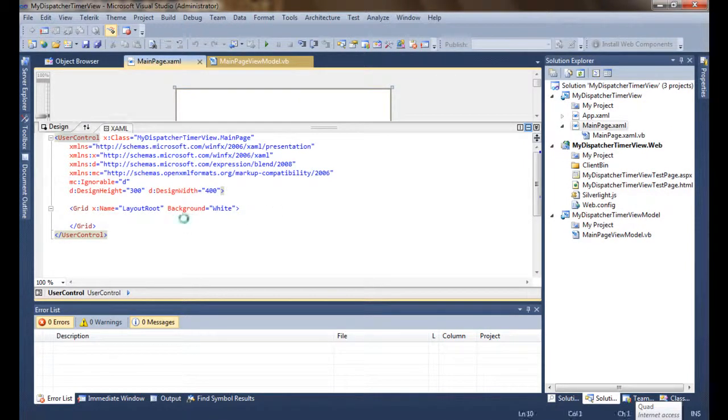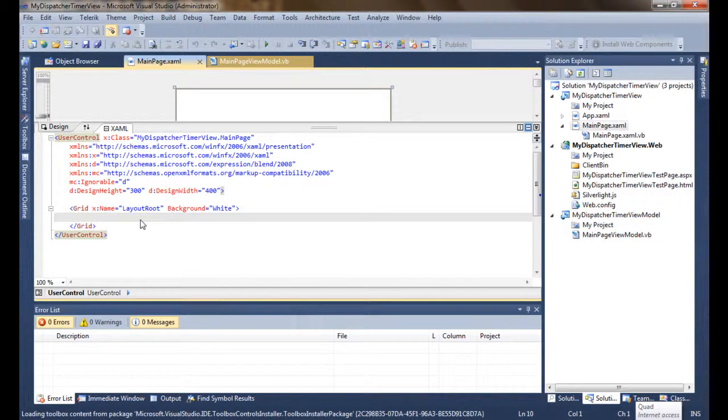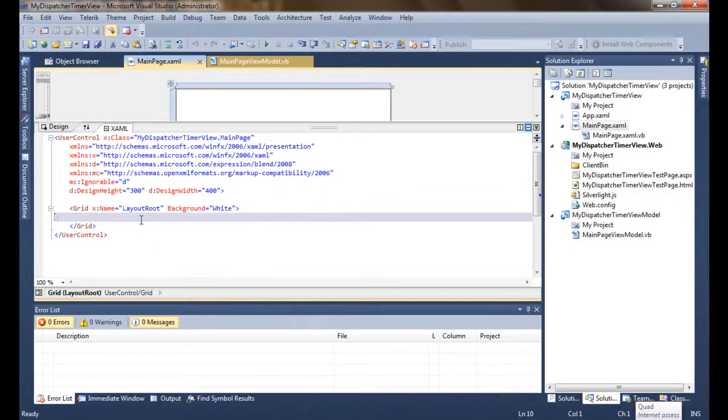So in this main page view model, suppose on the main page of this view I create a few text blocks, and I want the values of those text blocks to get updated at a regular interval. For that I'll use a dispatcher timer. The benefit of a dispatcher timer is that because it is already on the dispatcher thread, you don't have to switch to another thread again.